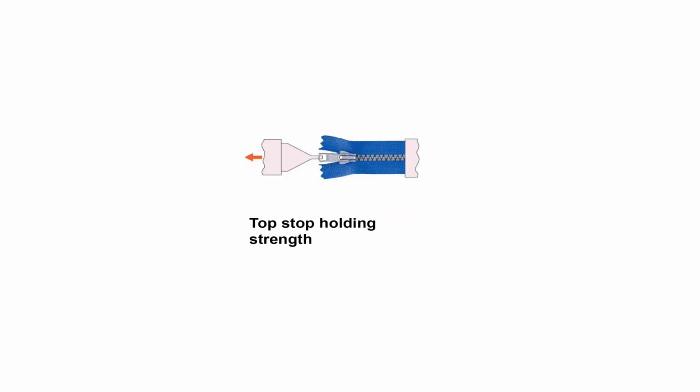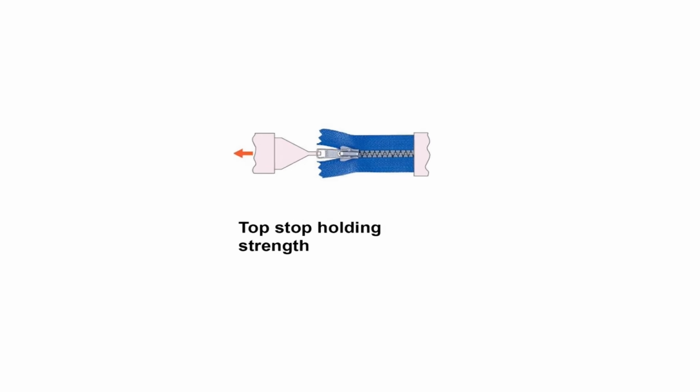Now the next point which is important for an inspector to inspect while checking the zipper is the top stop holding strength. So how much force is actually holding it attached to the zipper assembly. That is called top stop holding strength. Again there is a pulling force. This can also be measured through some tensile strength equipment